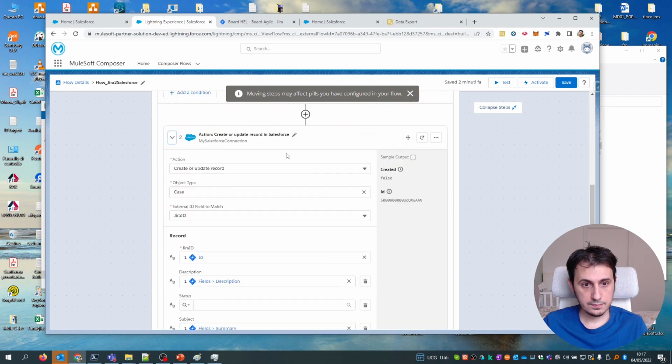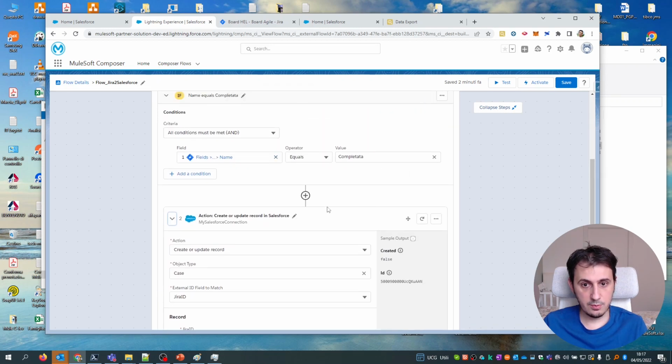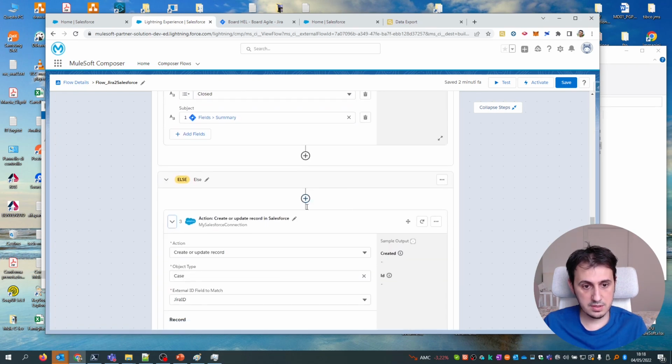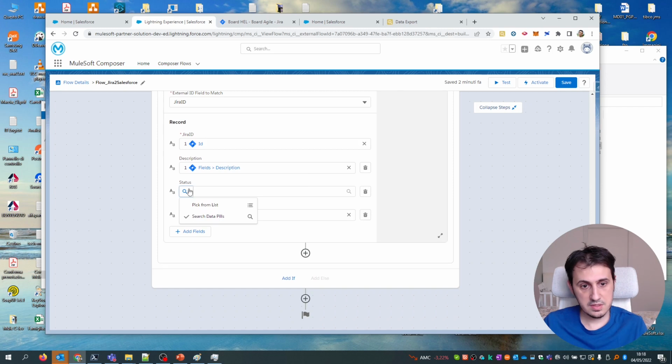So if equals completata, I want status pick from list equals closed. Otherwise, I want status equals, for example, new, or different from closed. Let's check. Save and test.